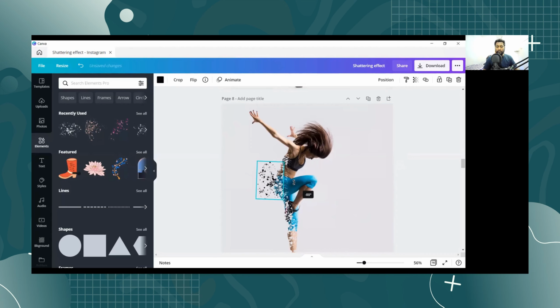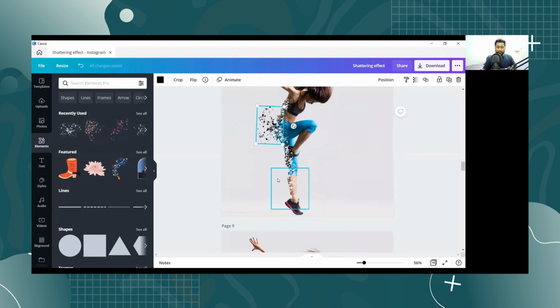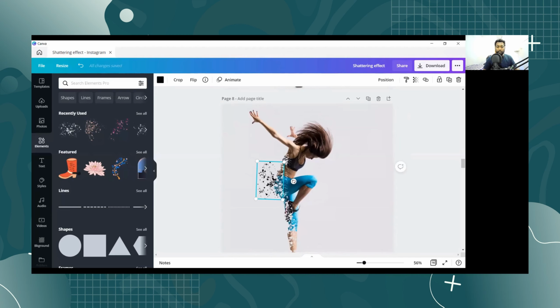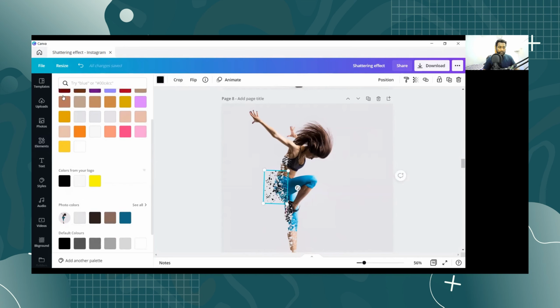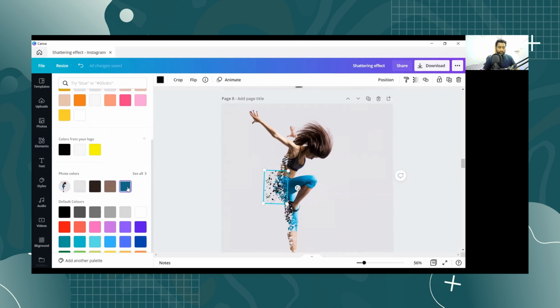This is the trick to get the shattering effect. You just need to place it in the right manner, and you will get these designs. Now we have placed it here, and with the eyedropper you can select the colors from the photo like this. Then you just need to duplicate it and place it according to the colors.